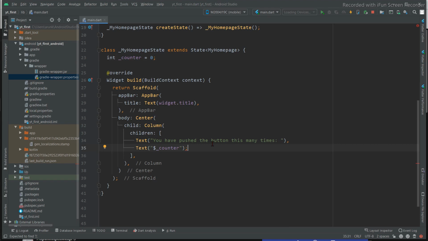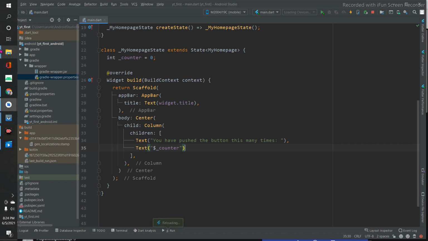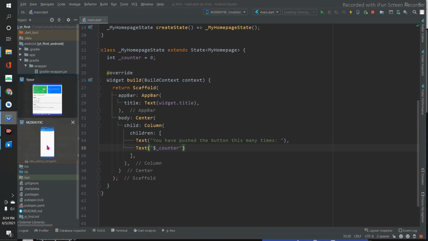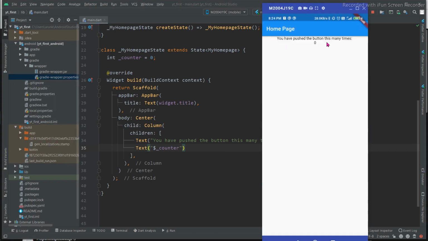Now let's see how it looks right now. As you can see, instead of showing at the center, it is showing at the top, but the data is showing correctly. We have set the counter initially to 0, so it is showing 0, and this text is also showing.